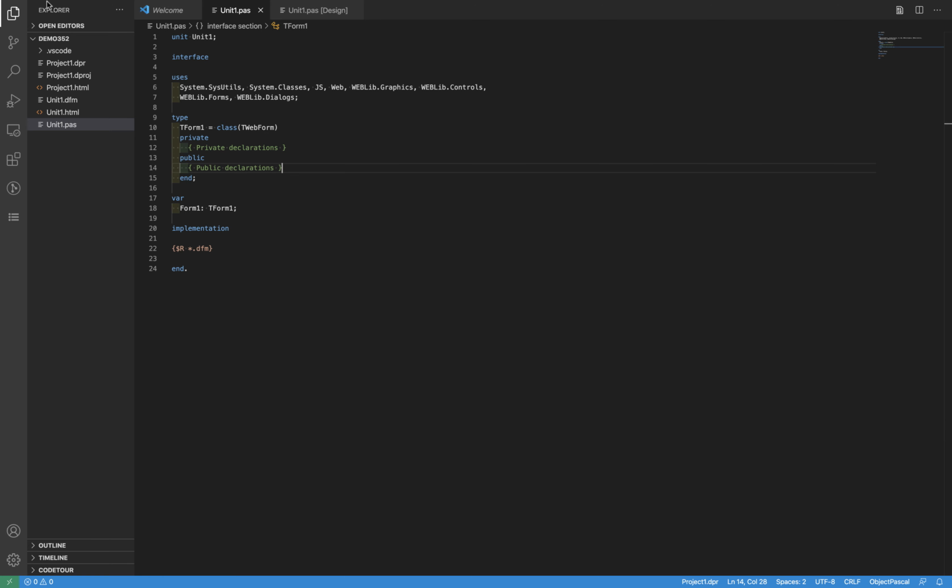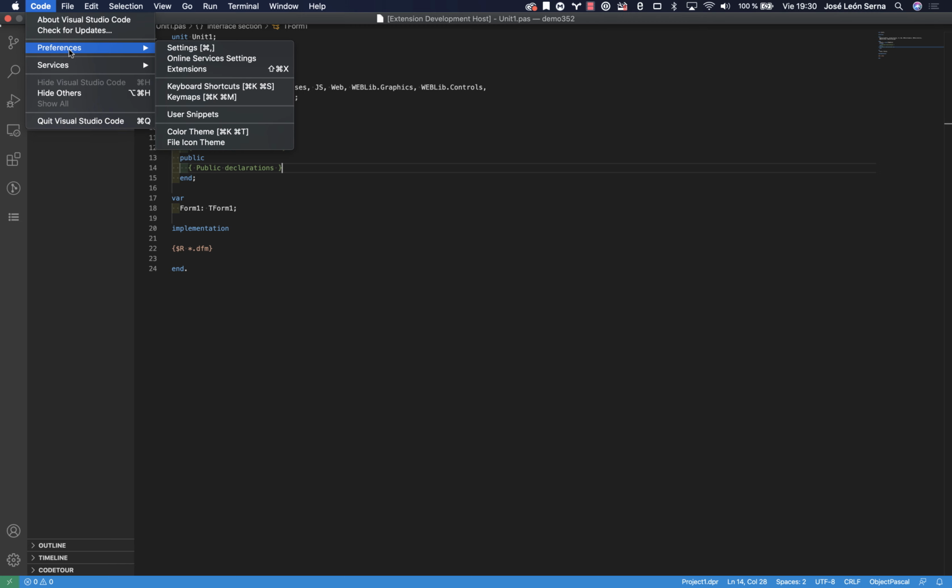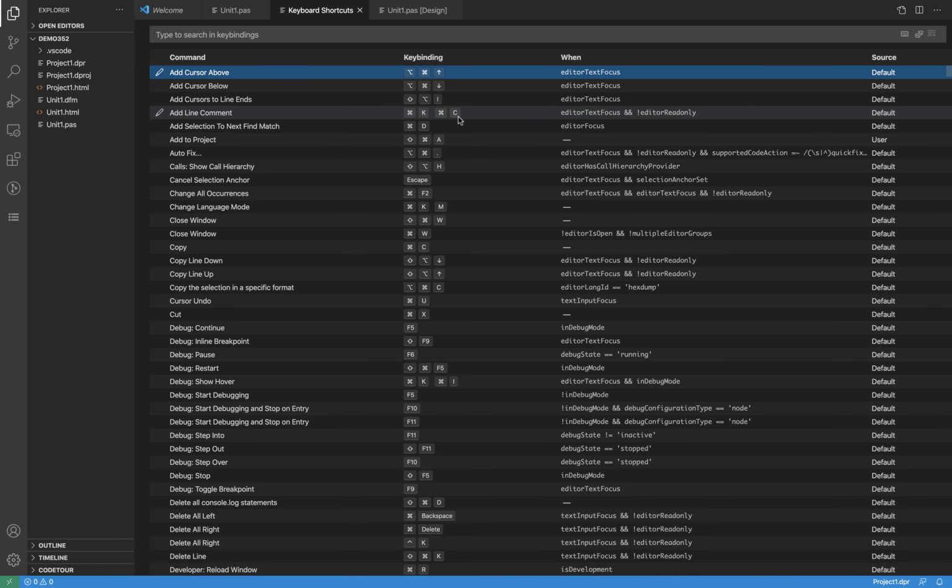The first option is about getting to the preferences. You can have here the keyboard shortcuts. Here you have all the actions that you can execute when they are going to be available, for example when the editor has the focus, and this is the key binding that is set by default. You can click here and enter the key combination for that specific command.